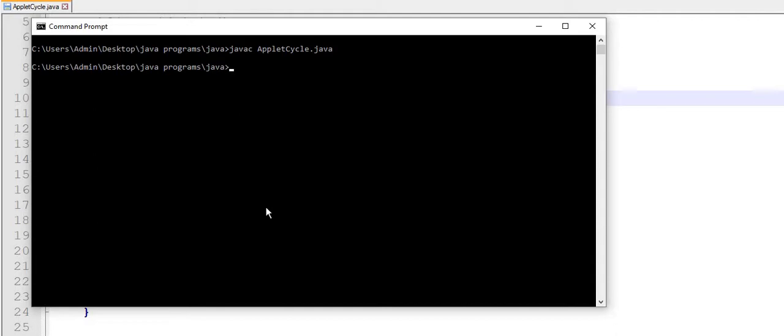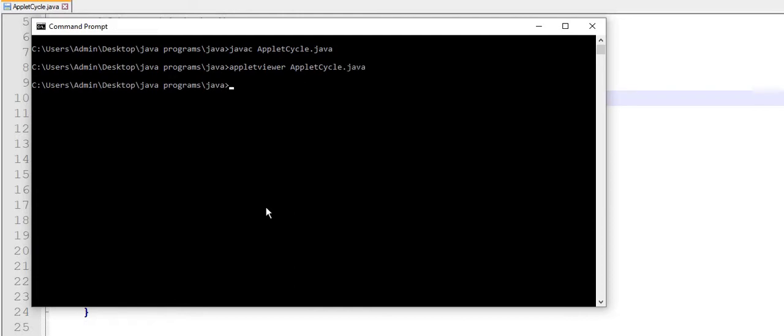As in now, when we were executing our programs, when the program gets compiled by using javac and file name, we used to execute our programs using java. But here, instead of using java, we have to use the appletviewer command to execute our applet, because previously we were executing simple programs, not using applet. So just keep in mind, whenever we are using applet in a program, then we have to use the appletviewer command to execute the applet. So we have appletviewer, file name AppletCycle.java.